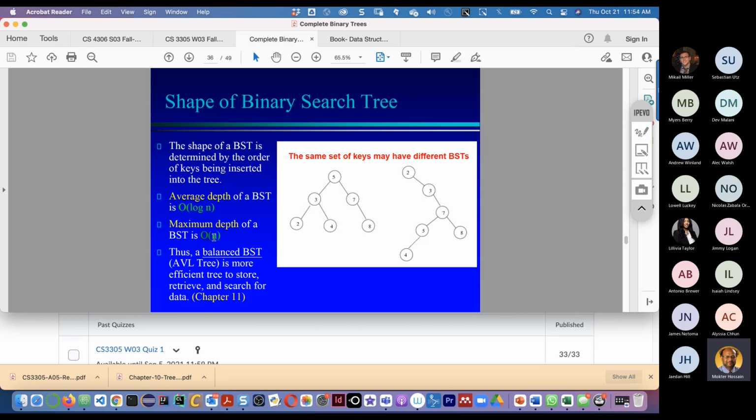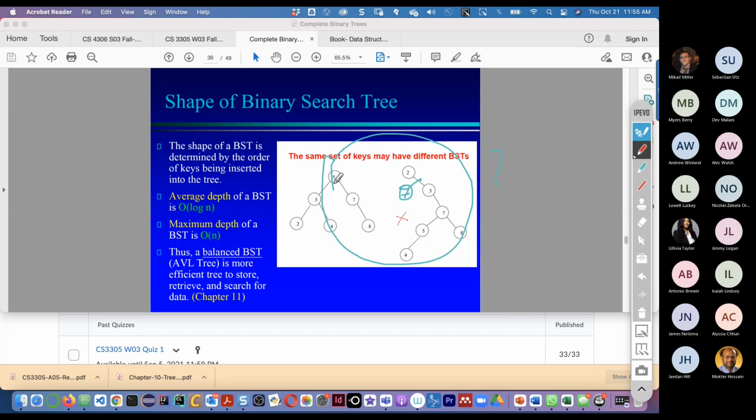So in terms of complexity, the depth or height of a BST is big O(n). So we saw that if it grows linearly, in the worst case it is big O(n), but for the average case it is log n. So this log means with base 2. Log with base 2 is written like this: lg n. The g means with base 2.